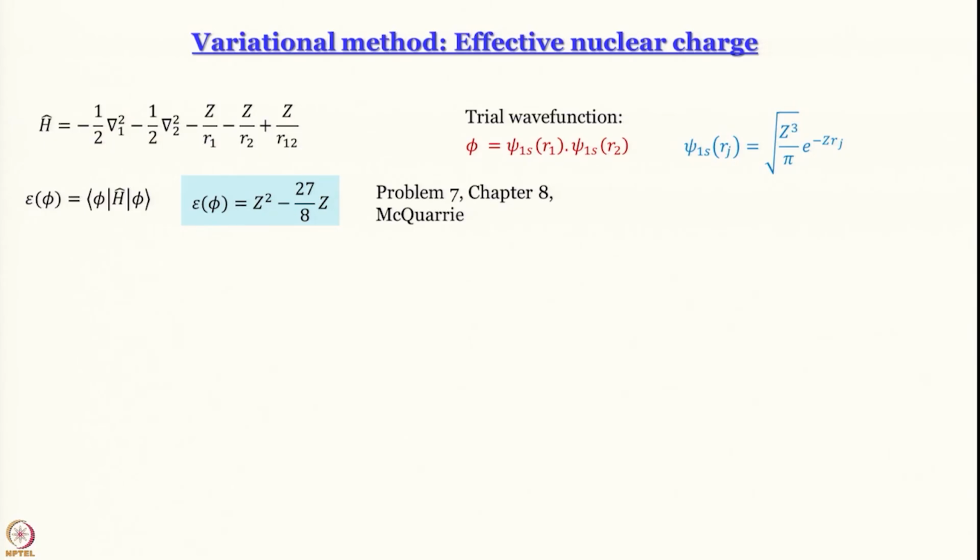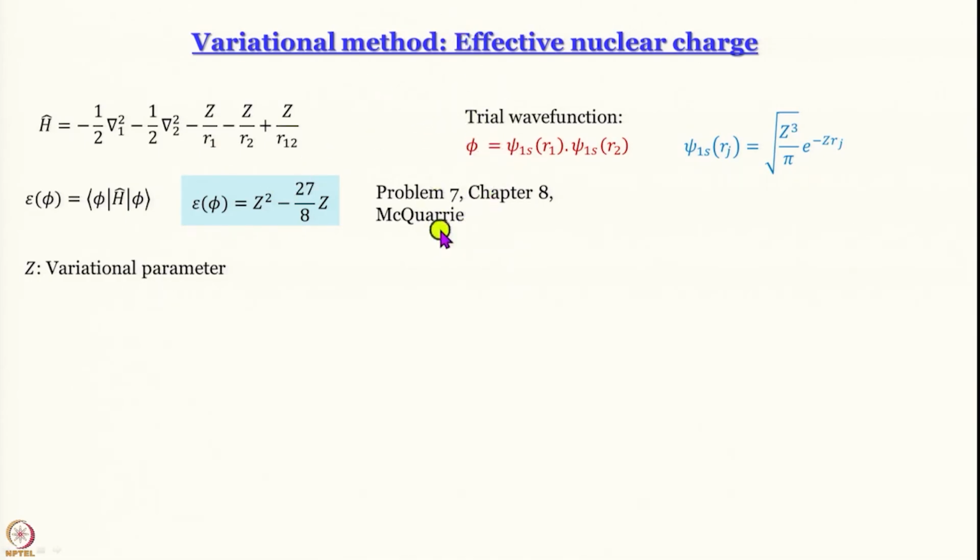Can we play around with Rj? It makes no sense, right. Rj in any case, and we have to formulate the problem that way. So the only thing that is left really is Z, nuclear charge, and it makes sense to use Z as a variational parameter, because as we have discussed qualitatively already, this nuclear charge is not really the charge